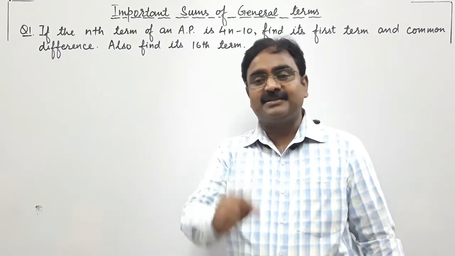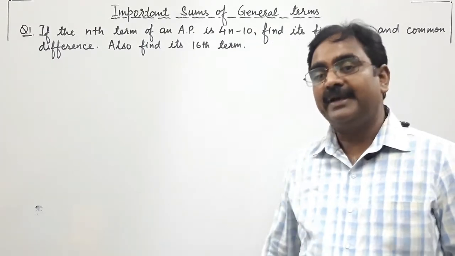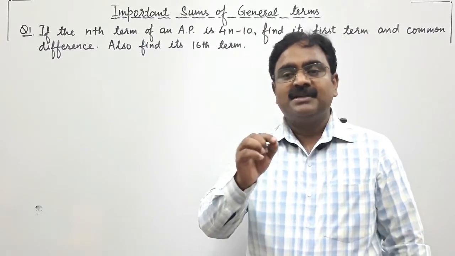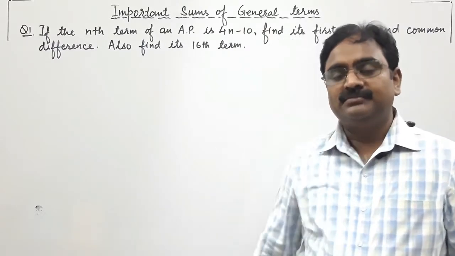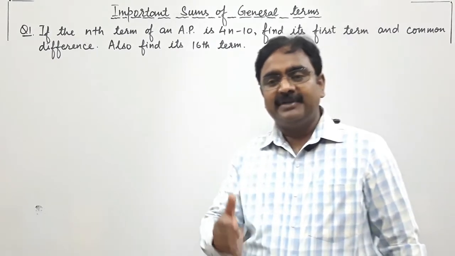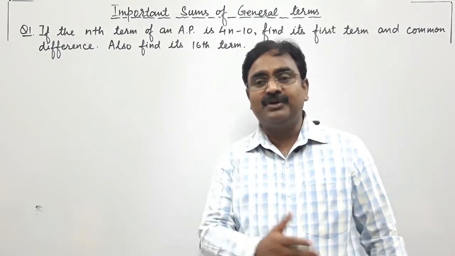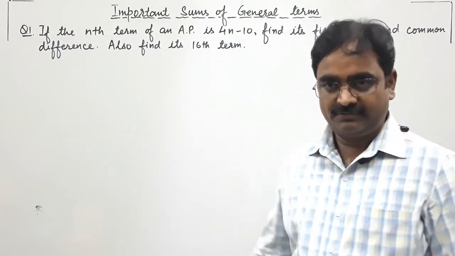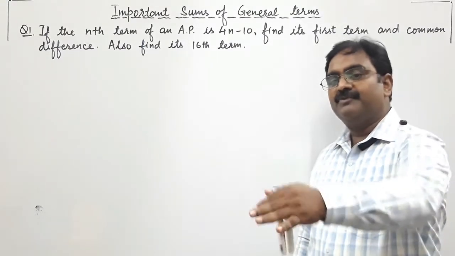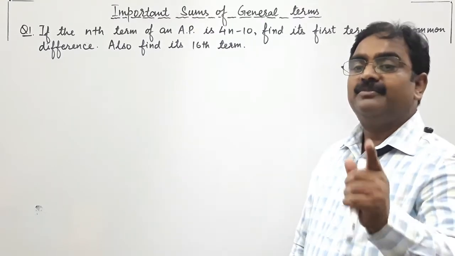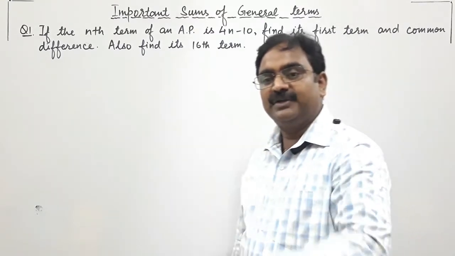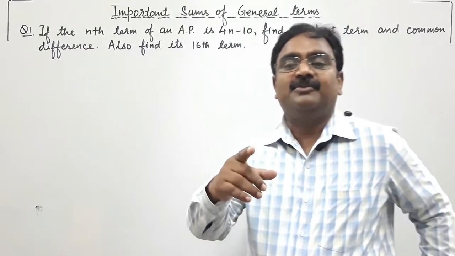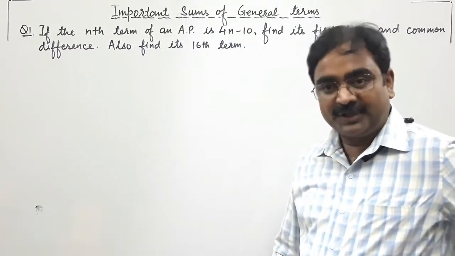That is, a_n is equal to a plus (n minus 1) into d, which means the nth term of any arithmetic progression. And sometimes, in different conditions, this formula is also taken as the last term of the arithmetic progression. So this formula will be converted into the last term: l is equal to a plus (n minus 1) into d, if the nth term is the last term of that arithmetic progression.